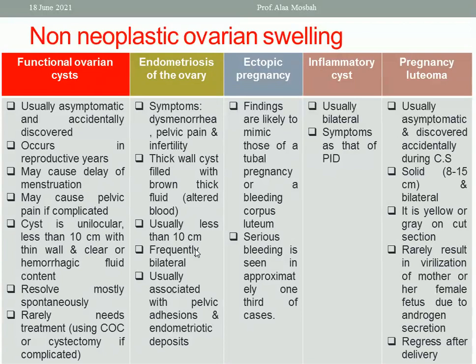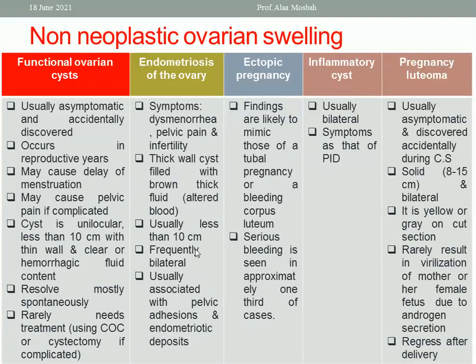The characteristic endometrioma has a thick wall, not like the functional cyst's thin wall. Here is a thick wall with altered blood content, giving the brownish color of the fluid content of the cyst. Usually less than 10 centimeters, frequently bilateral, usually associated with pelvic adhesions and endometriotic deposits in the pelvic peritoneum and